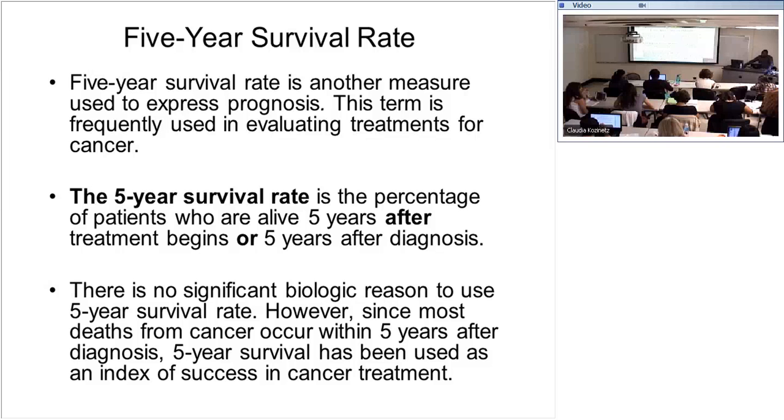So why do we use 5 years? That's the question we usually want to ask. Why do we not use 8 years or 6 years or 7 years or 10 years? Actually, the article that I sent out uses a 10-year survival rate. But of course, the 5 years was used because it has been observed that most cancer deaths occur within 5 years. So if somebody would die from cancer, usually the death will occur within 5 years, the majority. So that's why they use the 5-year survival rate.